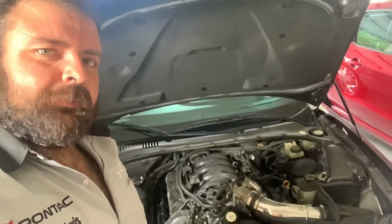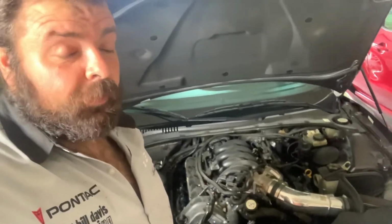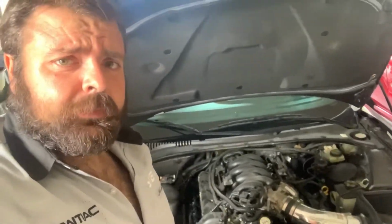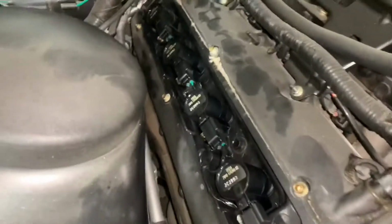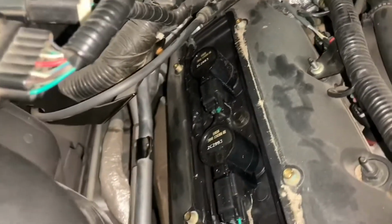Ron's 2003 T-Bird. We're replacing coil packs. Quick, fairly quick and easy. Here's how you do it. Alright, so first order of business when you're replacing the coil packs on one of these Jaguar equipped T-Birds